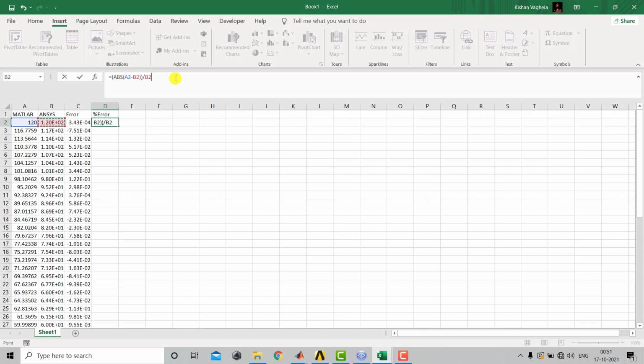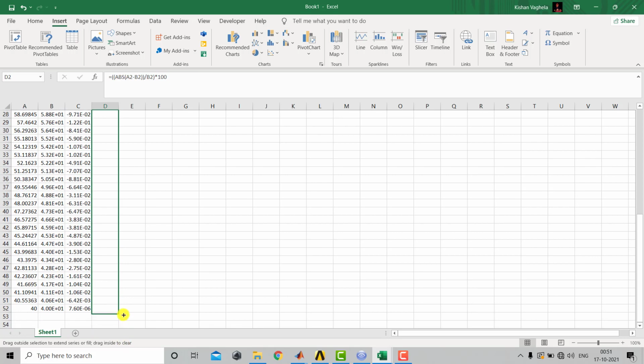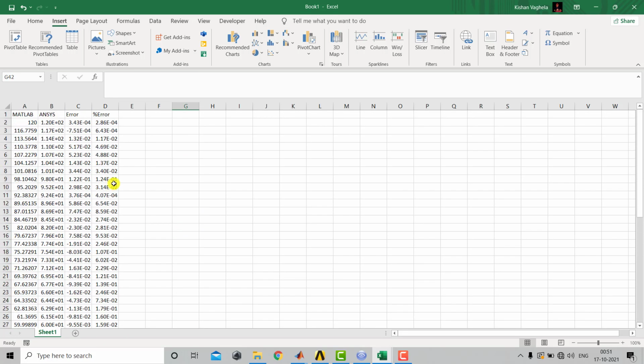And now we'll multiply the entire formula by 100. So here we'll give it bracket and we'll multiply it by 100 and click on enter. Now we'll drag it for all the 51 cells. Now here this is the percentage error that we got between the results of ANSYS as well as the MATLAB script,